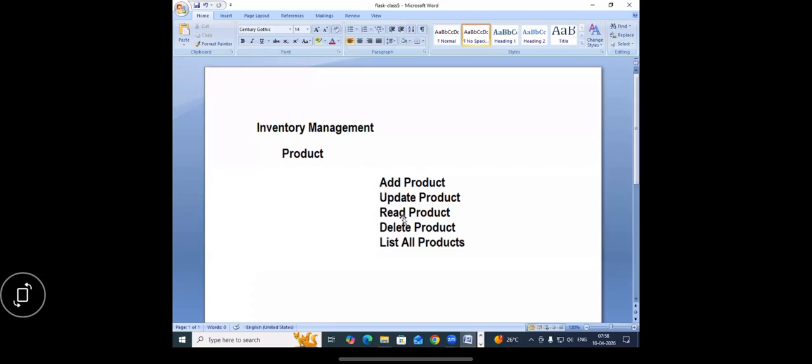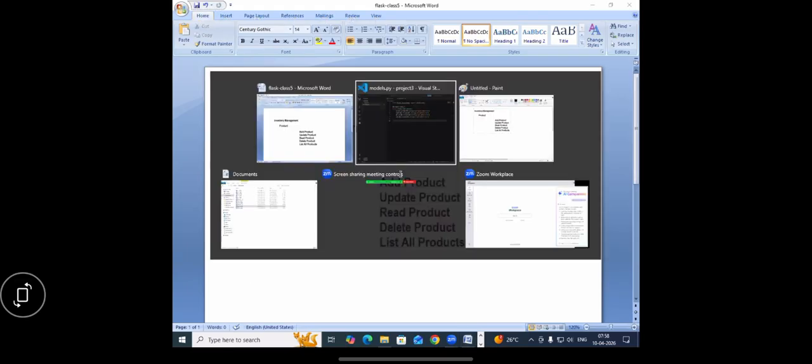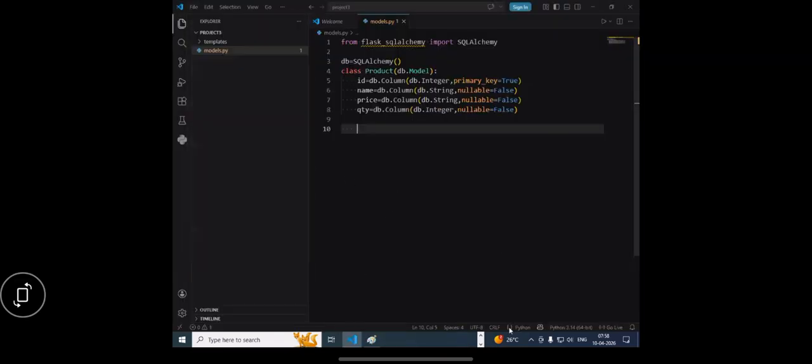He'll add the products. He'll update the products. He'll try to see the products. He'll try to delete the products. He'll try to list all the products. Okay, now this is a simple inventory management. So you are adding the products, updating, reading the product, deleting the product, and listing all the products. These operations you are doing, right? So after this, what you have to do is